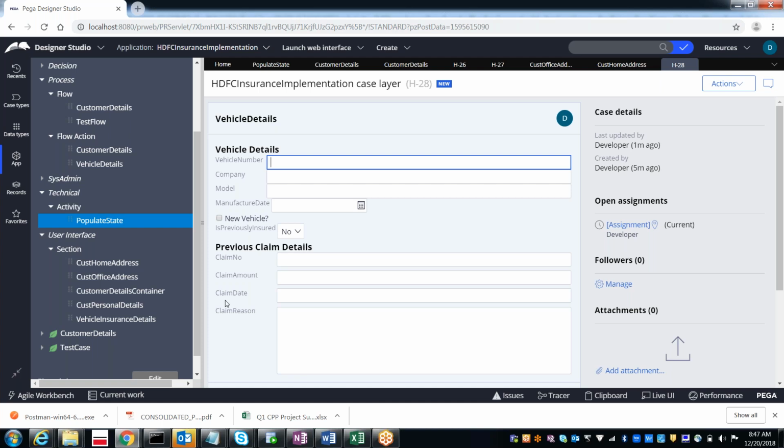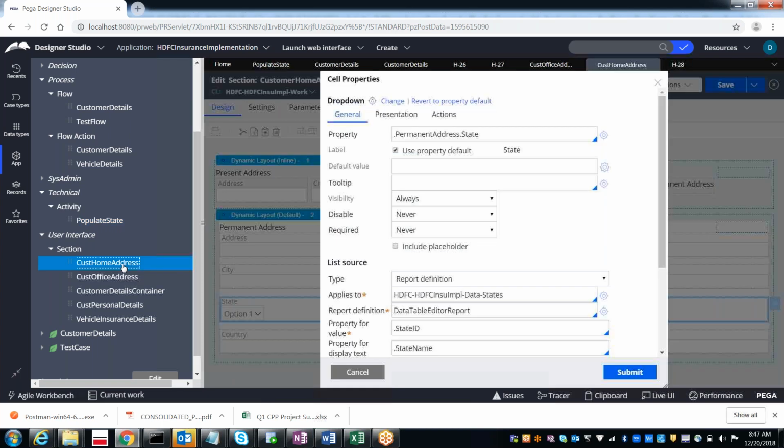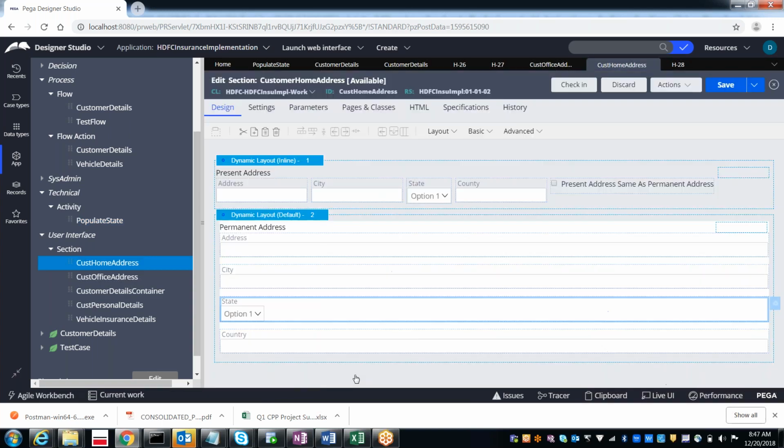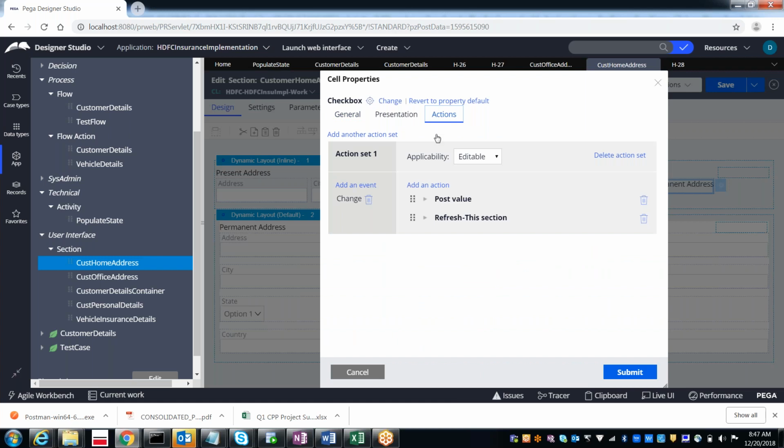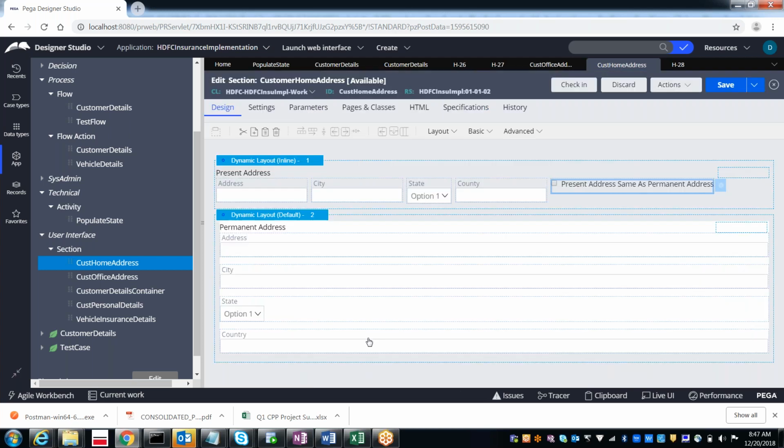Now let's go to customer home address. Here we have the checkbox, present address same as permanent address. How many of you remember the actions I told you? In the actions, we have something called post value, and then refresh this section.